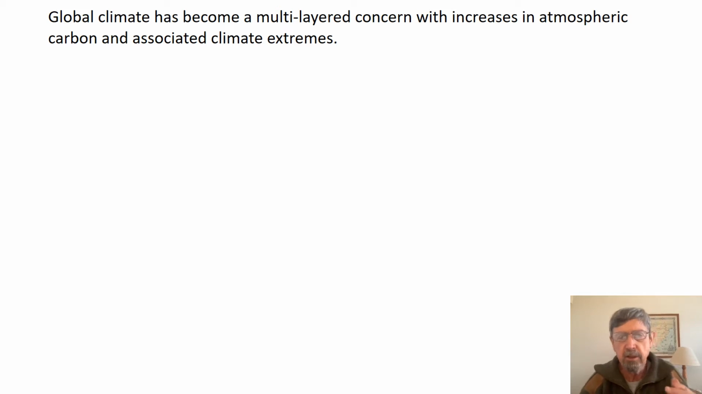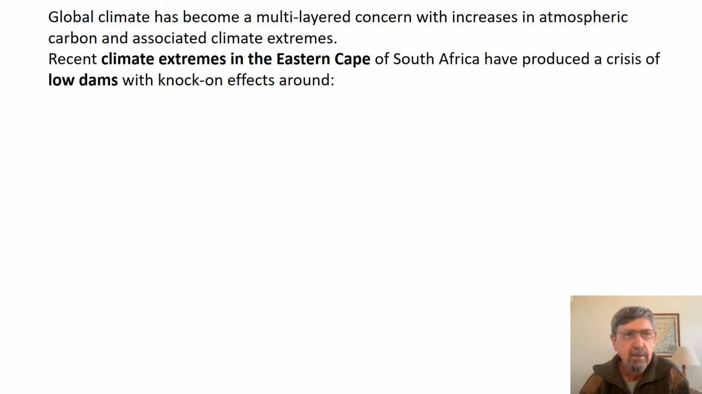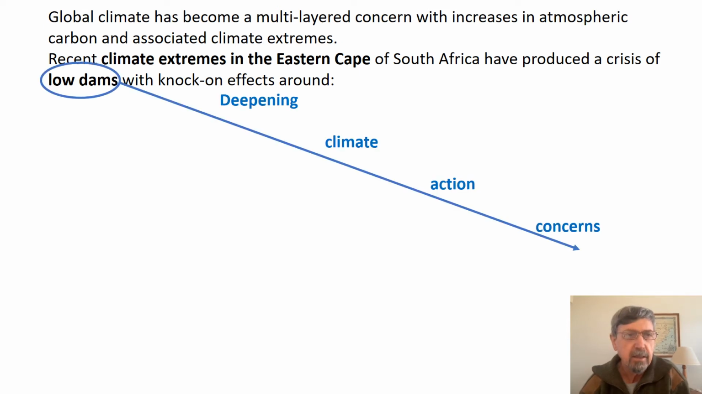And if we approach it from that perspective, one gets the sense that it's a complex sort of outside picture. But recent climate extremes in the Eastern Cape of South Africa have produced a crisis of low dams with the knock-on effect of deepening climate action concerns. And when one starts to look at it as situated learning, then you start saying, okay, it starts up here